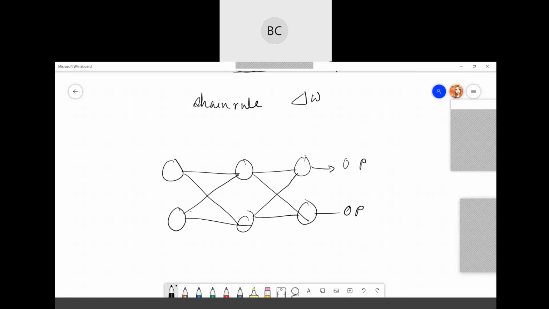For this one, maybe W1, W2, W4, similarly W5, W6, W7, W8. So each one will have some particular weights, correct? And again, first, this is your input. So first you are going with maybe 2 or 3. So this input will come to here.